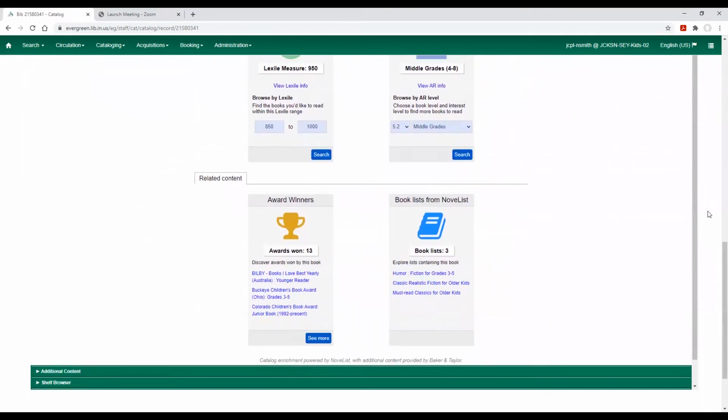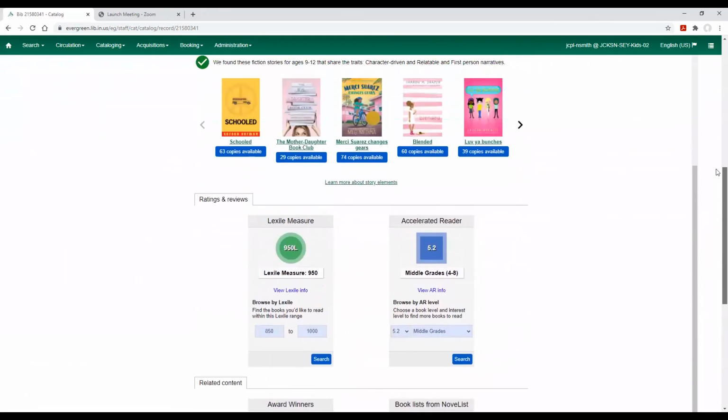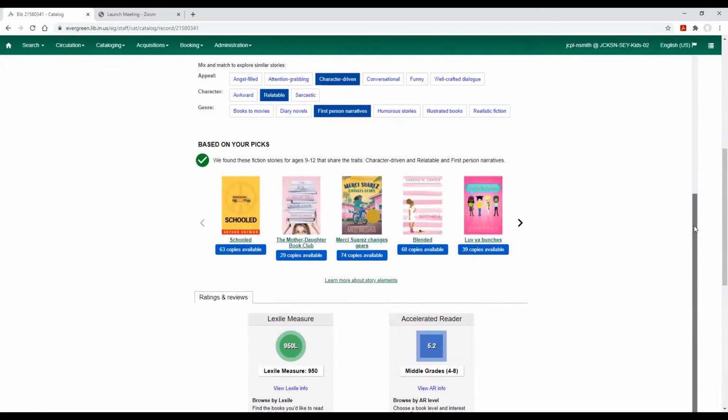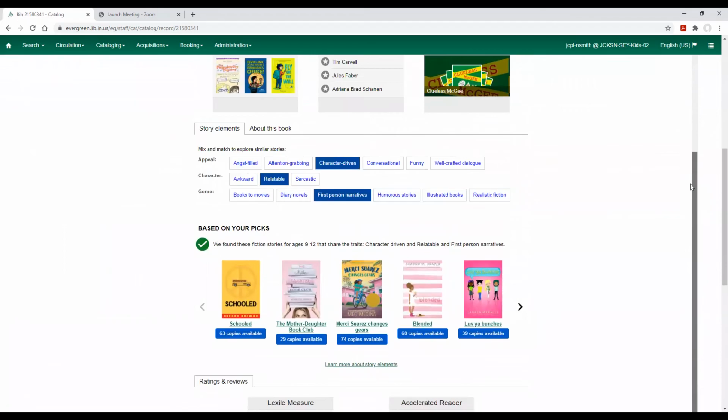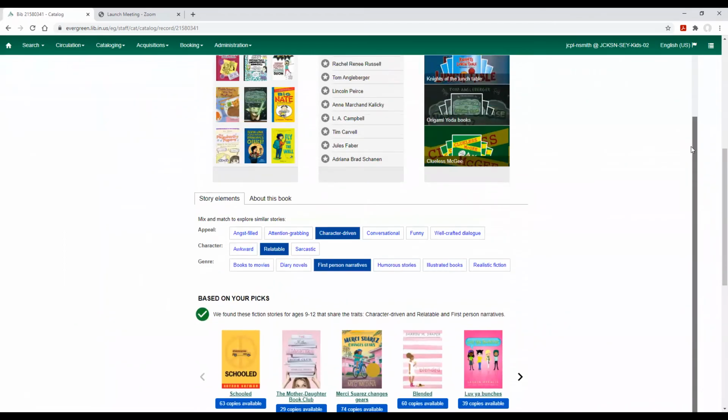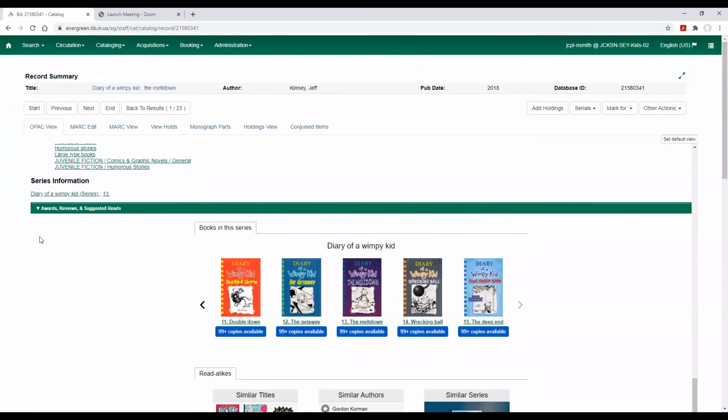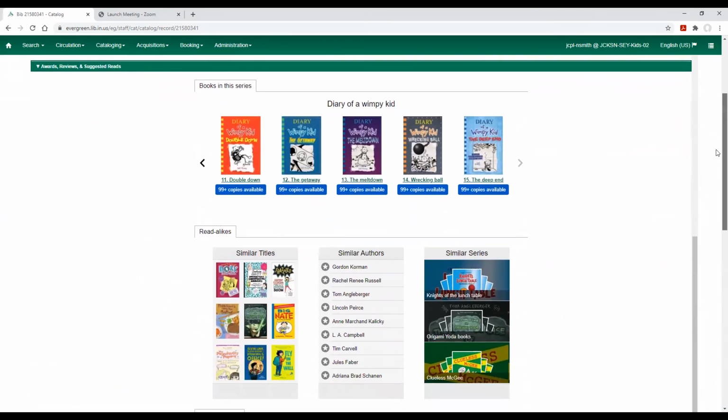And if you scroll down at the very bottom, it shows you how many awards Diary of a Wimpy Kid has won. And it also shows you the book lists from NoveList that the book is on. So I think this is just a really nifty feature that can help you if you're searching for similar titles. So you really like Diary of a Wimpy Kid and you want something similar to it. If you go to awards, reviews, and suggested reads, you have all of these tools to help you find a very similar